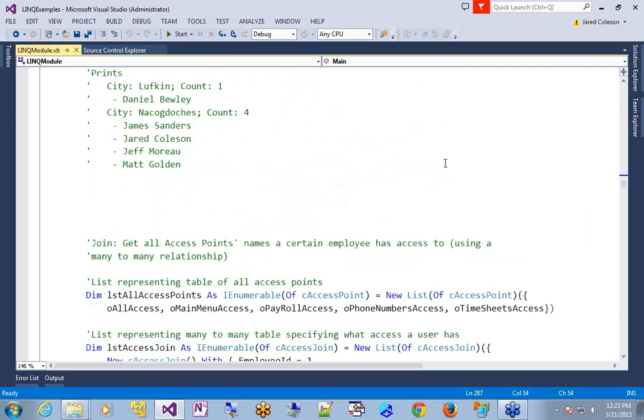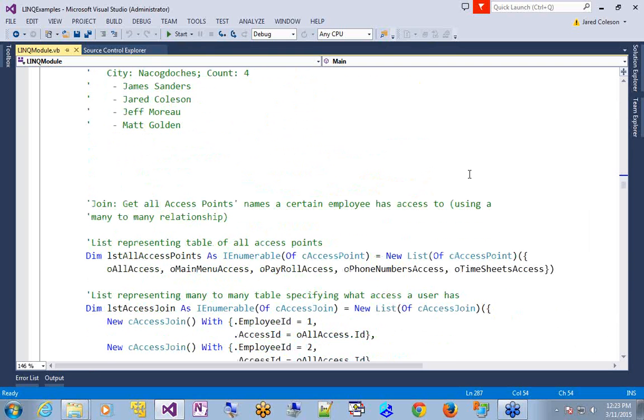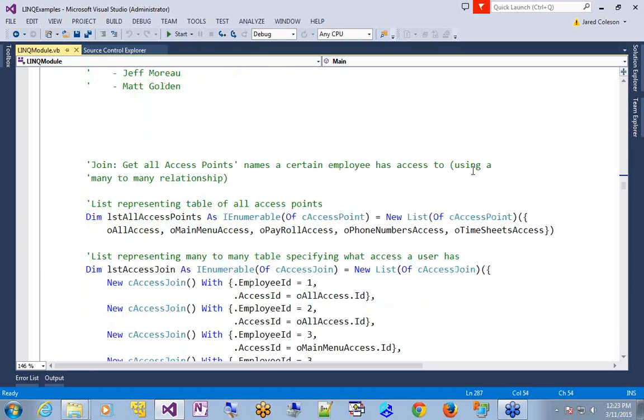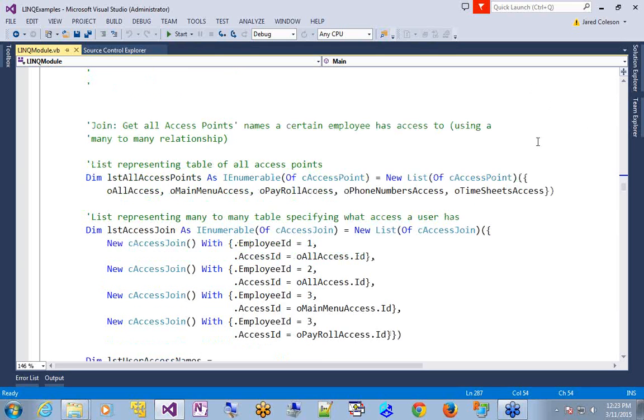All right, so joins. Well, joins, orders, and group bys are the three most complex things, I would say. I'm going to use an example of a join and show you this, but I'm going to end with a little epilogue on joins and why you probably shouldn't be using them. However, just so you know how to do them, what we're going to have here is an example where we